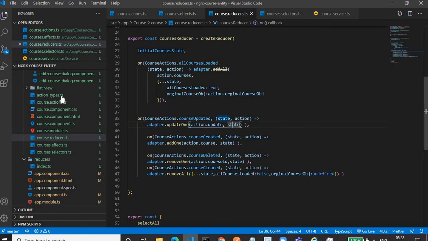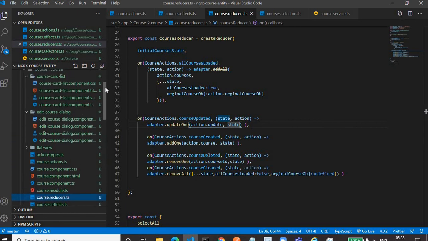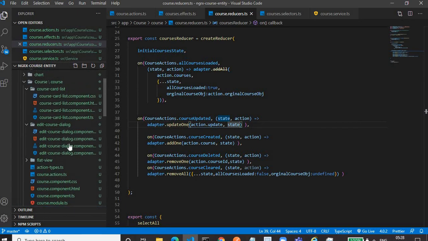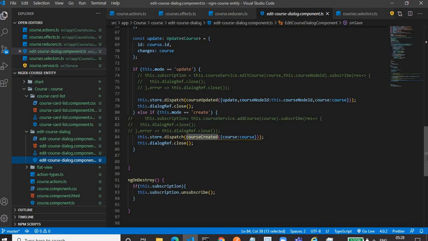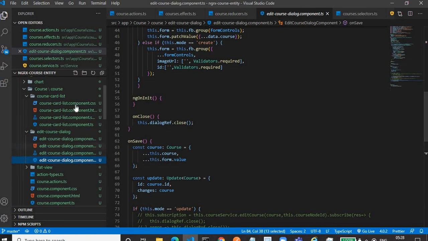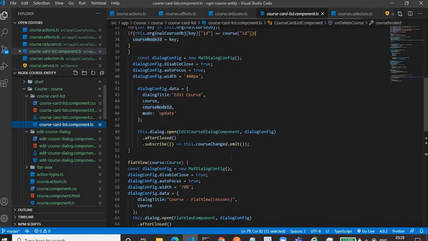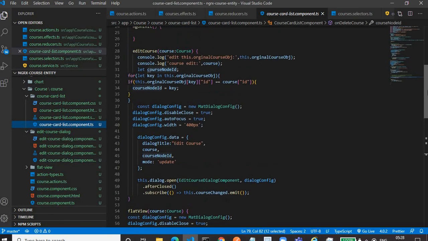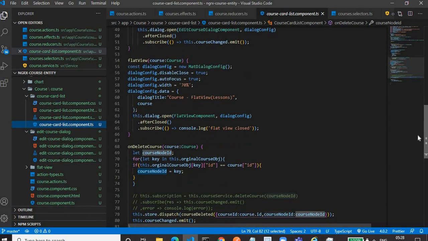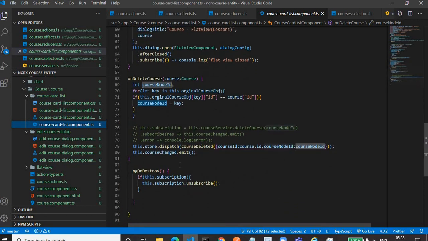Likewise for delete, we will find it here. For delete, we are dispatching the course deleted action with the payload.